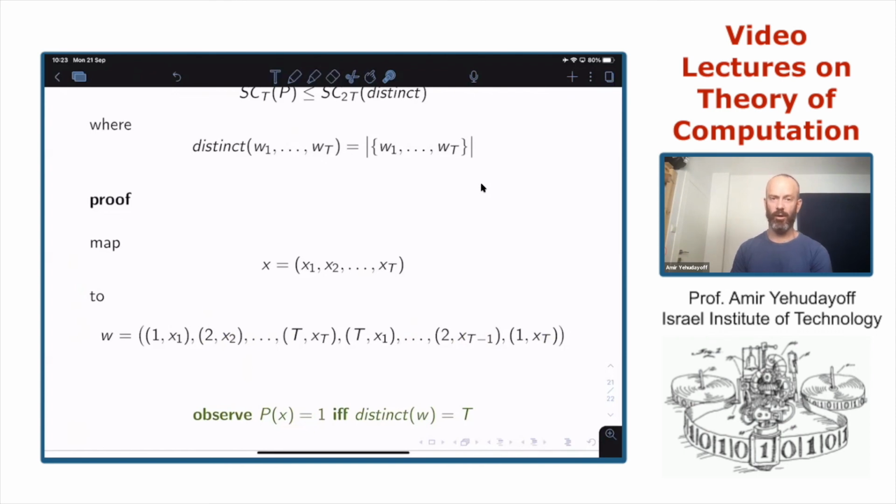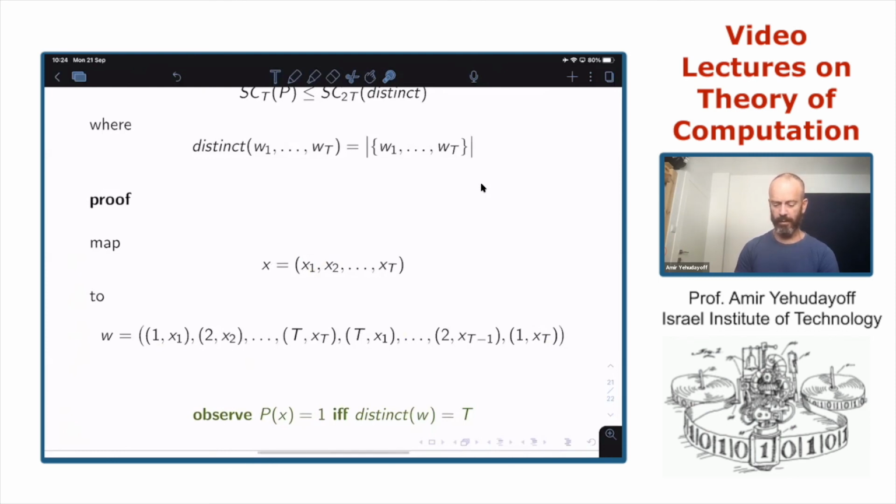If x is not a palindrome, then, for example, x1 is not xt. So the number of distinct elements in W will be strictly larger than t. This is a way to take an input for palindromes and make it into an input for distinct.